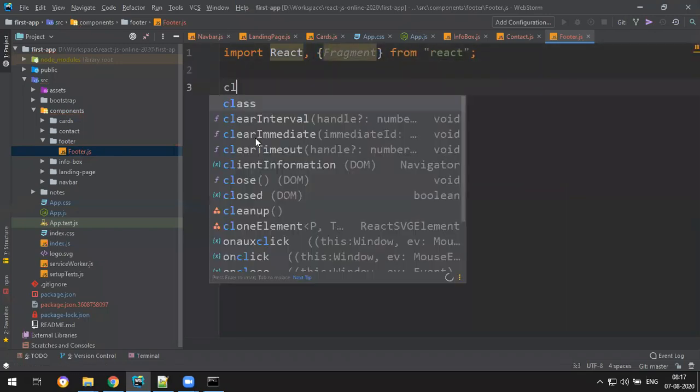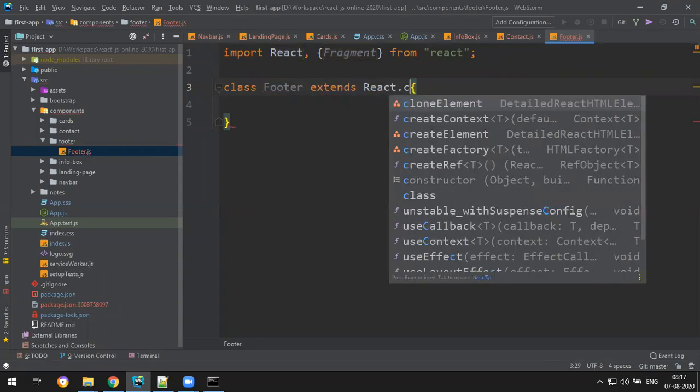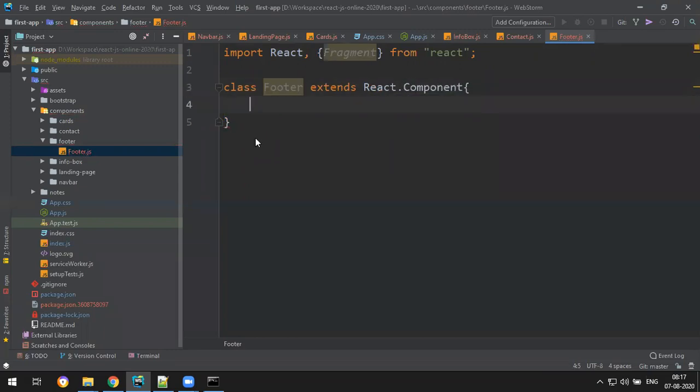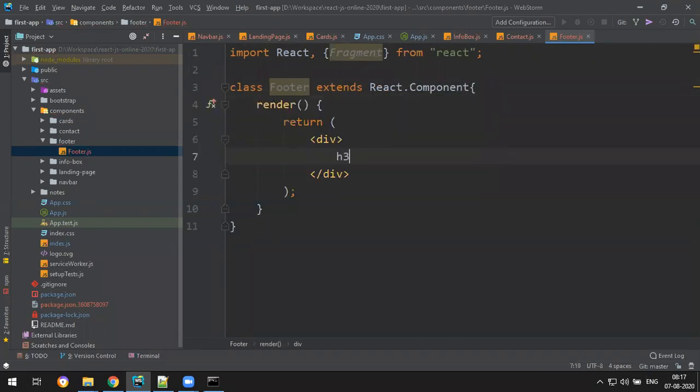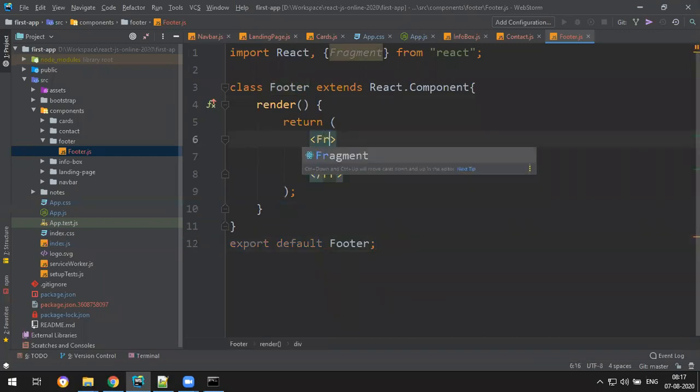Next, let's say class Footer extends React.Component, render, tab, h2 footer, export default Footer. I want this to be a fragment.